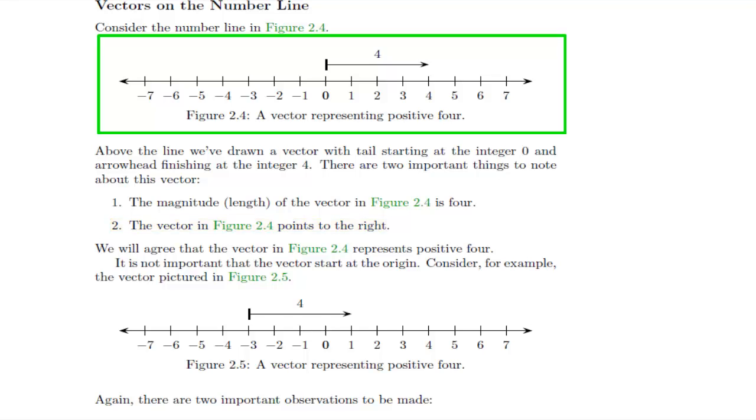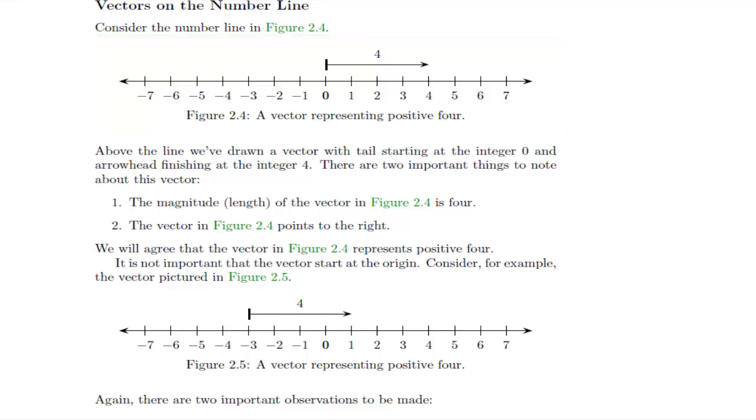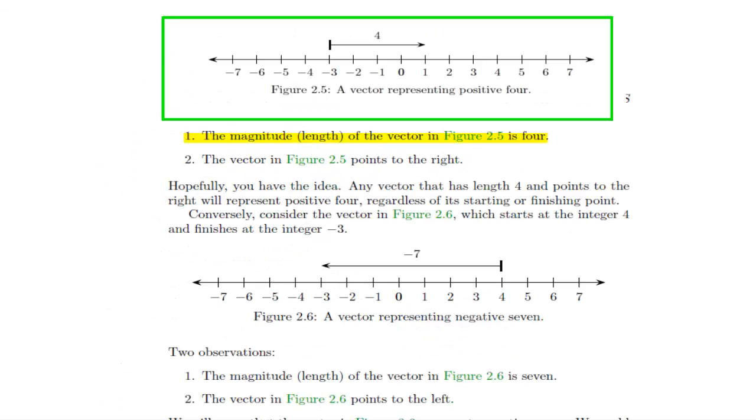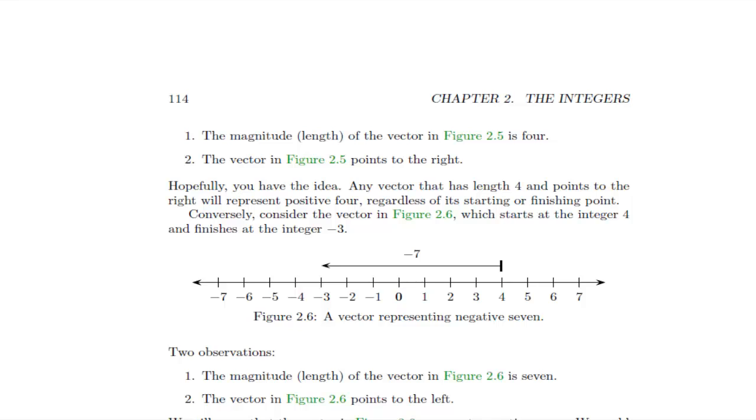It is not important that the vector starts at the origin. Consider, for example, the vector pictured in Figure 2.5. Again, there are two important observations to be made. 1. The magnitude or length of the vector in Figure 2.5 is 4. 2. The vector in Figure 2.5 points to the right. Hopefully you have the idea. Any vector that has length 4 and points to the right will represent positive 4, regardless of its starting or finishing point. Conversely, consider the vector in Figure 2.6,